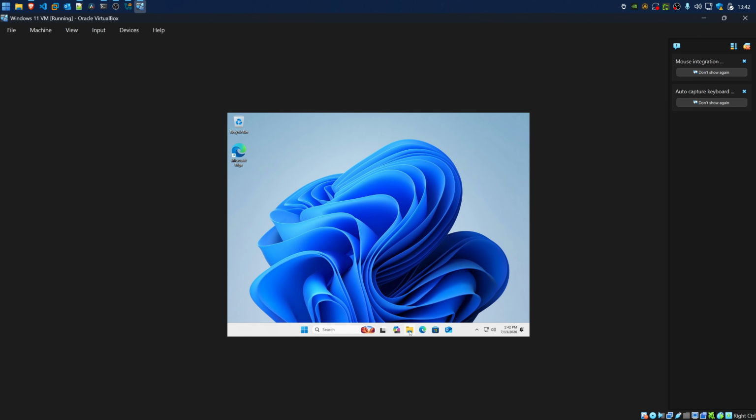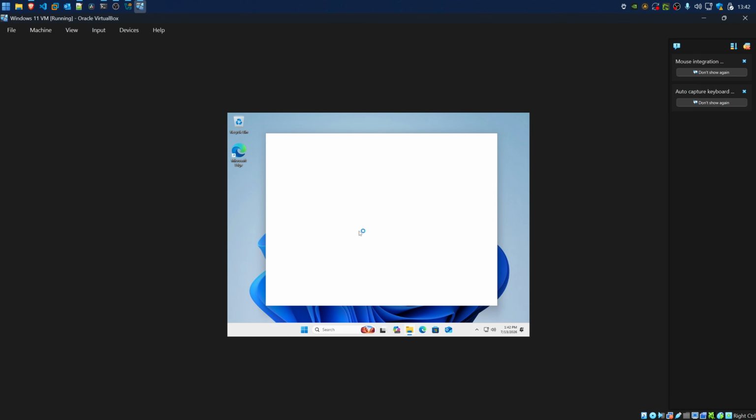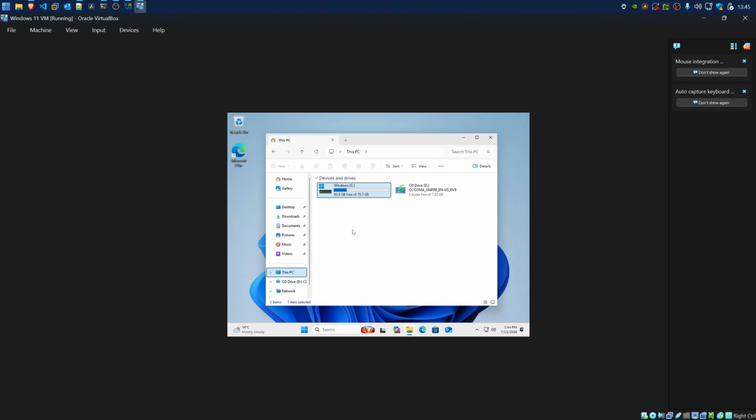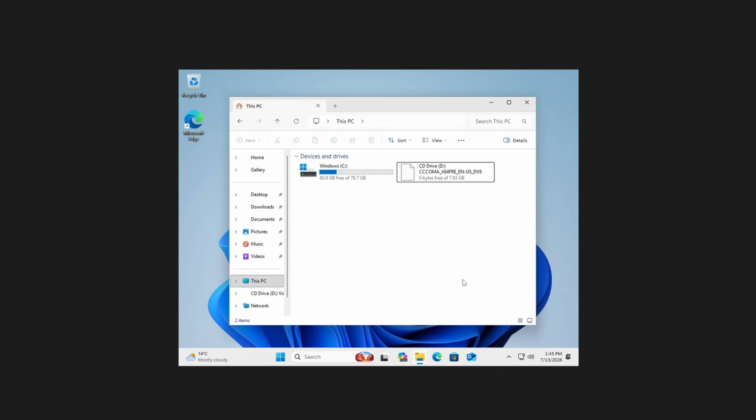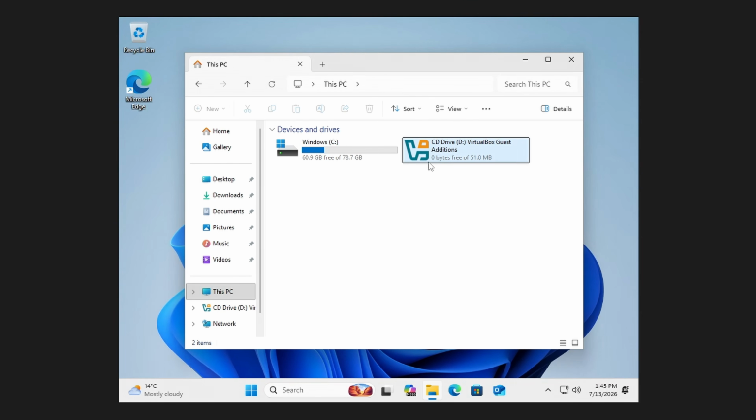So now we've got Windows 11 running, but we're still stuck in this little square box. And that's because Windows doesn't have the drivers for this virtual hardware yet. So the first thing we do is install the guest editions. So up here on the virtual machine's menu bar, we can click on devices and then on insert guest editions CD image and have a look at what that does. It takes out the Windows ISO and puts in a virtual CD with the guest editions on it.